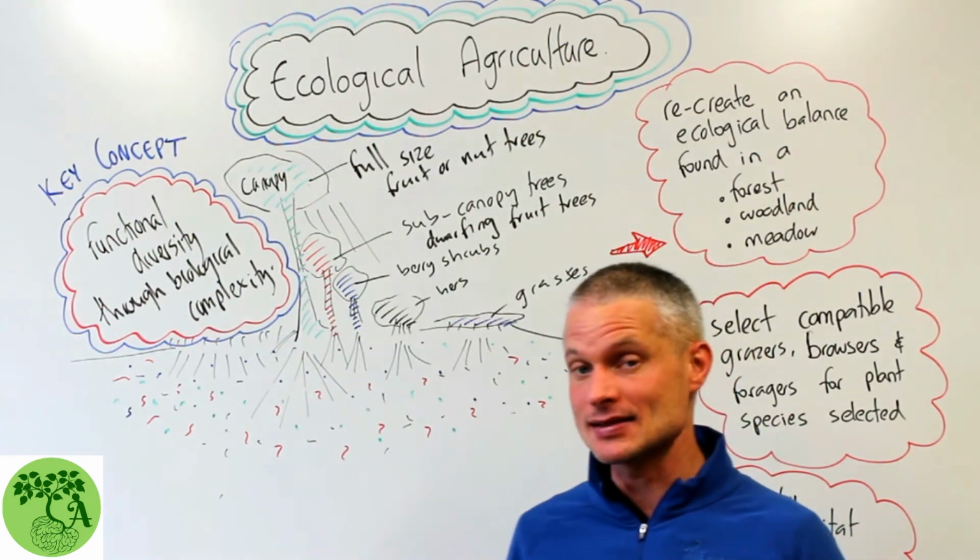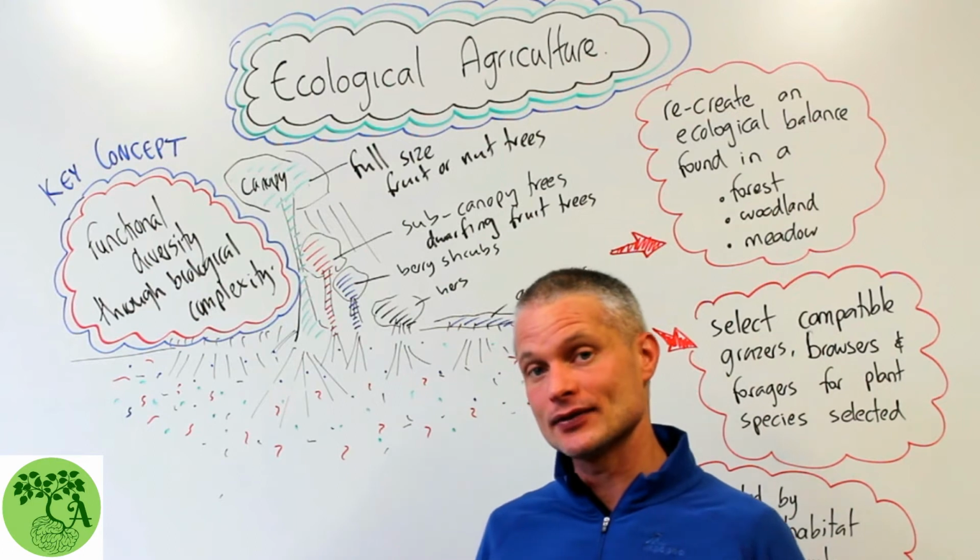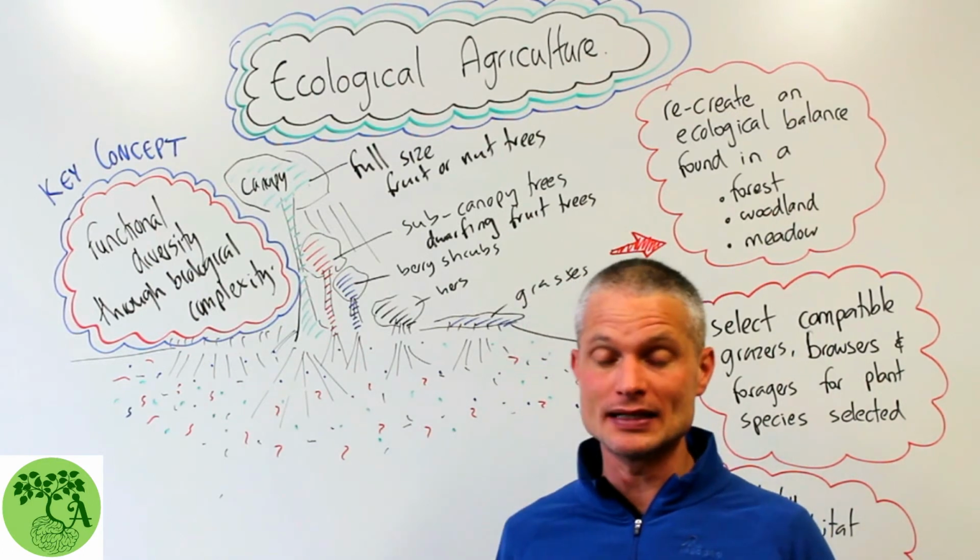So when we look at that system, we can then substitute out the species that you would normally see with agriculturally productive ones. So the full-size trees, for example, you can substitute with full-size fruit trees or full-size nut trees. The sub-canopy trees you can substitute for fruit trees that are on dwarfing rootstock. The shrub layer you can substitute for various berry plants. And then